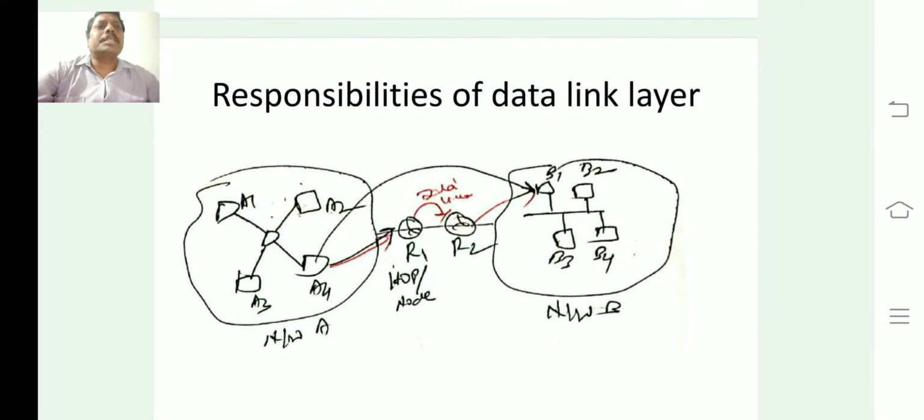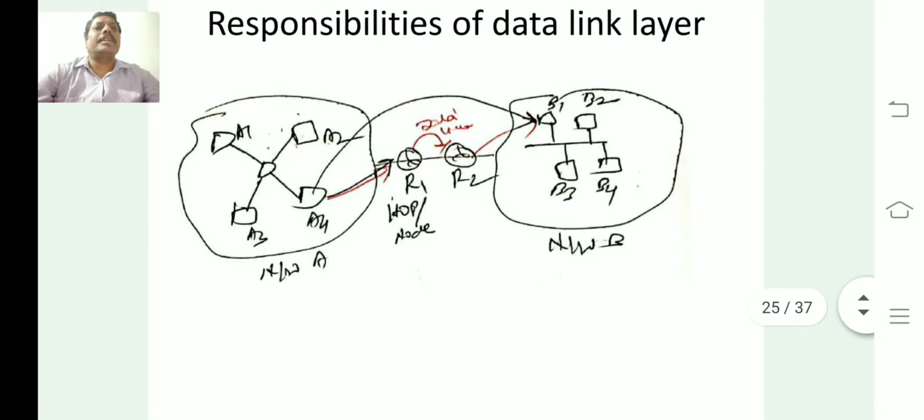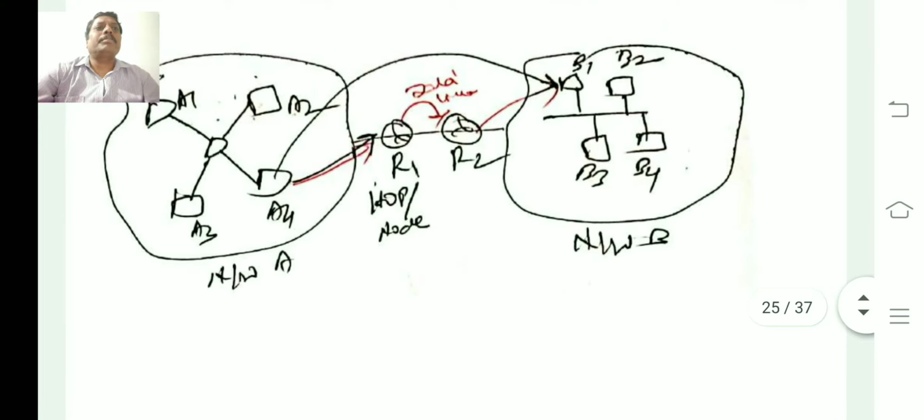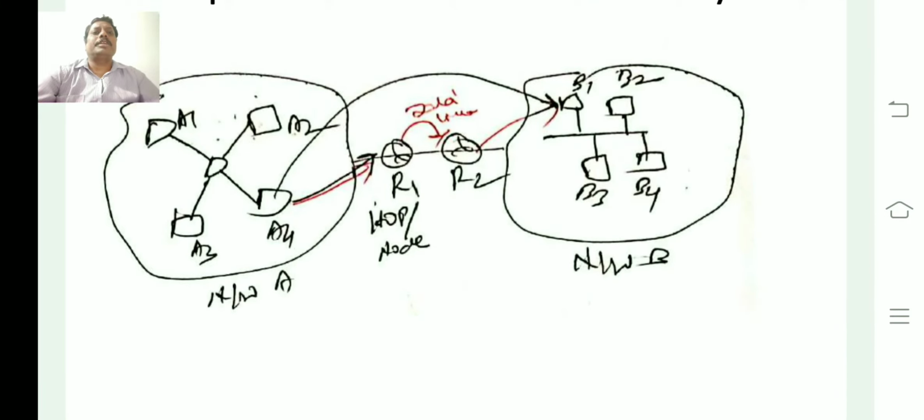Now let us see the responsibilities of the data link layer. Suppose data is to be transferred from a node in network A to network B. For example, A4 is a node that wants to send data to B1 in network B. It won't transfer directly from A4 to B1, since A4 is in one network and B1 is in another. First the data is transferred from A4 to the next node, and then from that node onward.